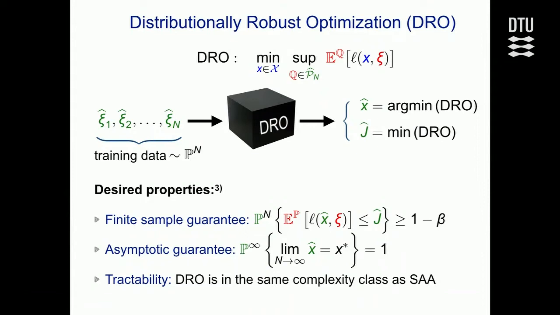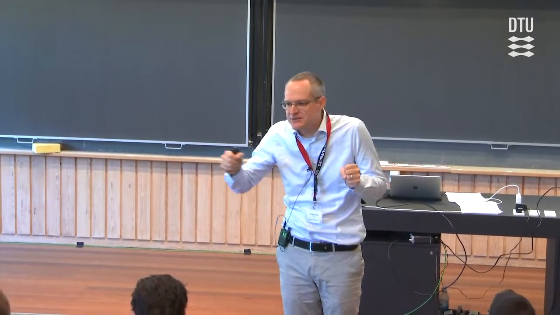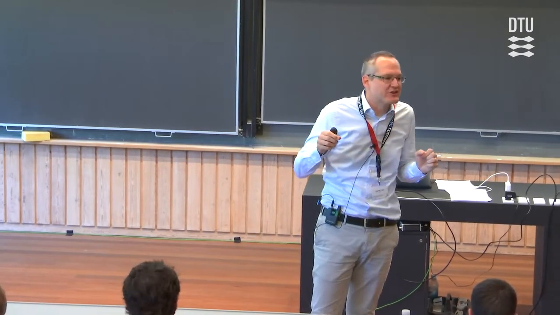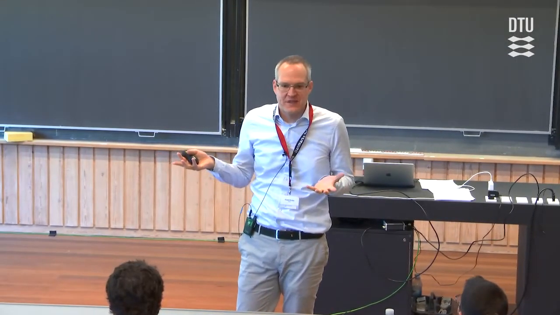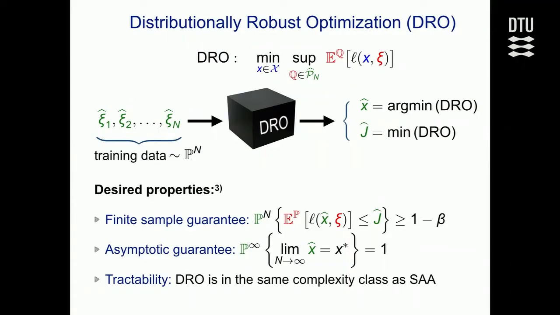Second thing, what I would like to have is also what I call an asymptotic guarantee. Imagine that you get a larger and larger amount of training samples. The number of training samples goes to infinity. If the number of training samples goes to infinity, then you can basically reconstruct the true distribution exactly. And in this case, you should be able to solve the true stochastic program exactly. So that means the solution of your distributionally robust optimization problem, in the ideal case, should converge, with probability 1, say, to the solution of the true problem. Okay? Ideally, that's what you would like to see.